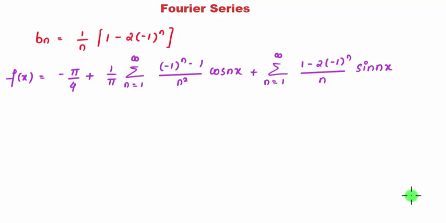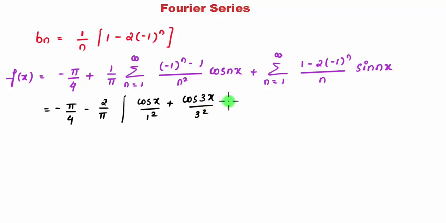Now we need to deduce also. This we can say we have found out the Fourier series of a function. For deduction, first we will be just expanding this, that comes to minus pi by 4 minus 2 by pi. I'll be putting n equal to 1 to infinity, I'll be making a series that comes, first is cos x divided by 1 square, next is cos 3x divided by 3 square plus cos 5x divided by 5 square plus,